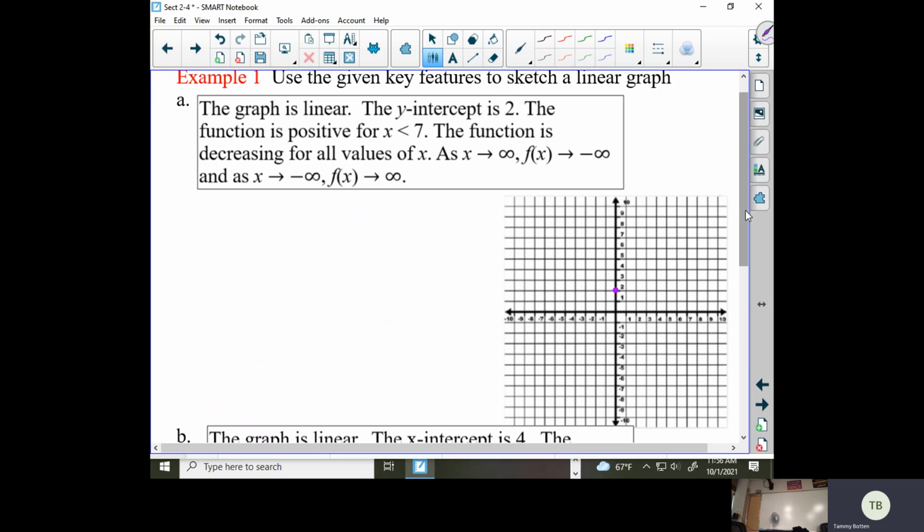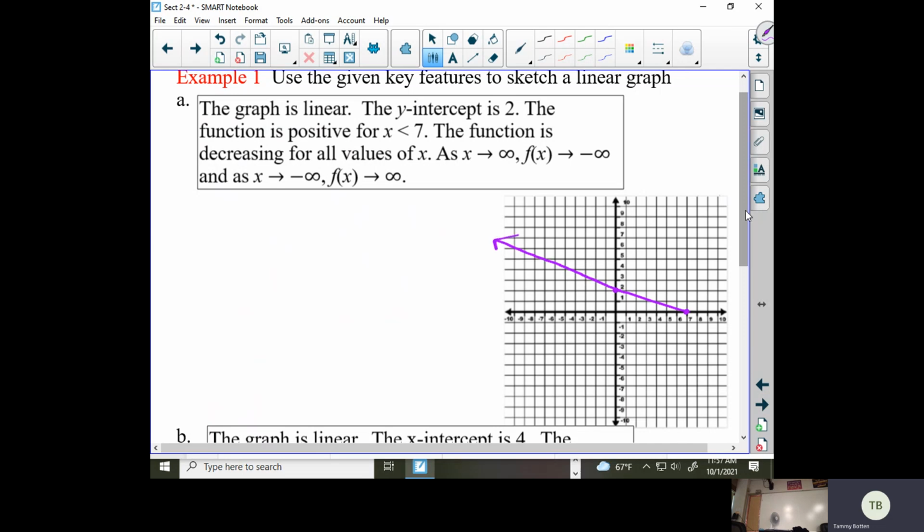And then it says the function is positive for x less than 7. So that means something is going on at x equals 7. And this is a linear graph. So if you have 2 points, that means your line has to go through those 2 points. So if we connected these